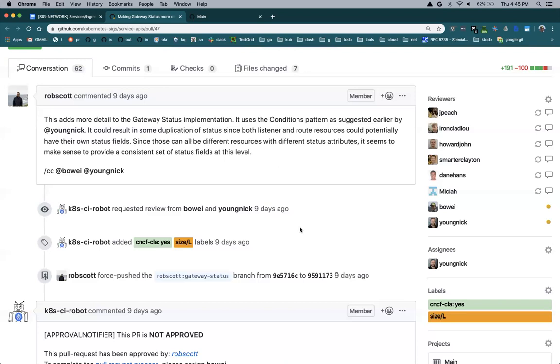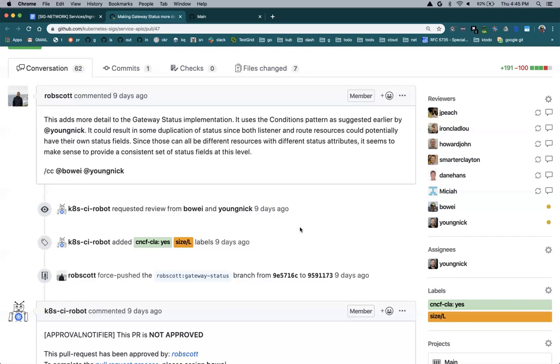Being someone who has already seen the pain of endpoints getting to be really huge resources and then eventually running out of room, I think this is less extreme, but you still run the same possibility if you're having a ton of routes and then you have multiple conditions per route all within the same resource. So that was another point of concern.